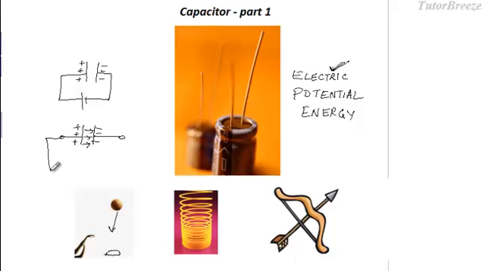Next, if you connect this capacitor to a resistor, the current will flow. The plates of the capacitor will get discharged and you have a flow of current. This is useful. Suppose you have a battery operated flash system in your camera. So first you charge the capacitor with the battery, and then when you want a flash, you discharge the capacitor. So you get a quick sharp flow of current which produces the flash.